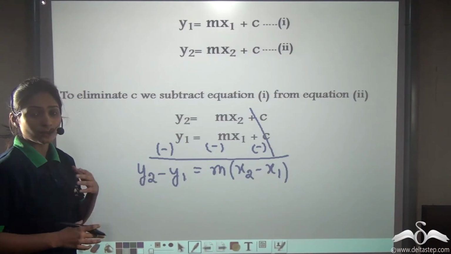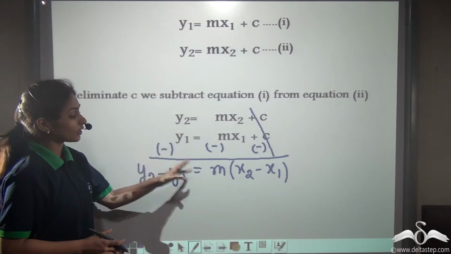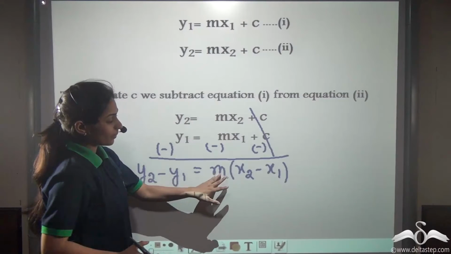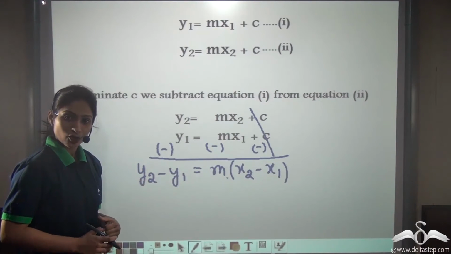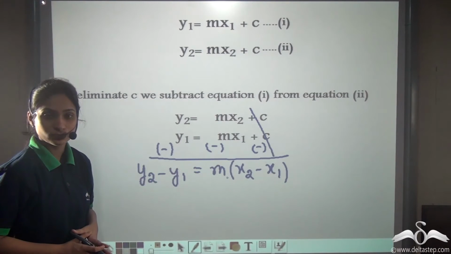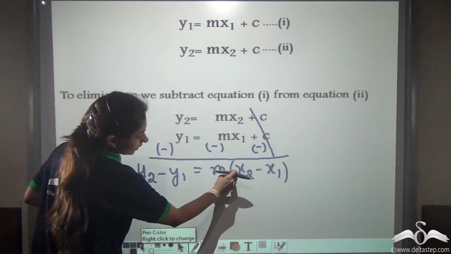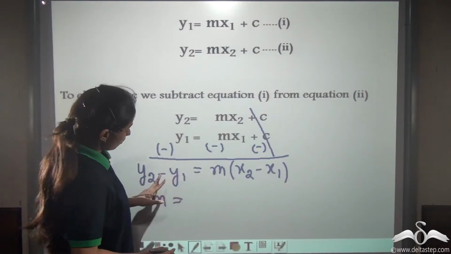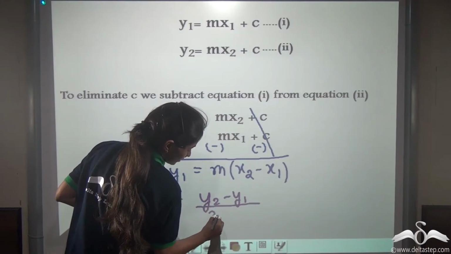Now, how do we come to an equation of a straight line which does not have m also? Here, you can make the coefficient of m as 1 and then make m the subject of this equation. So you can find out the value of m in terms of x1, x2, y1, y2. Do it. What will be m? Taking x2 minus x1 to this side, m is equal to (y2 minus y1) by (x2 minus x1).